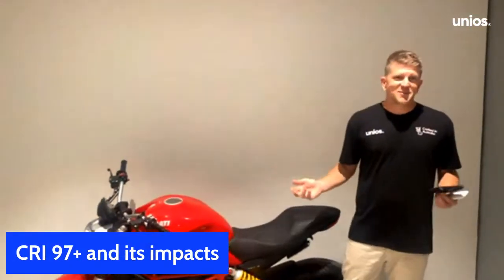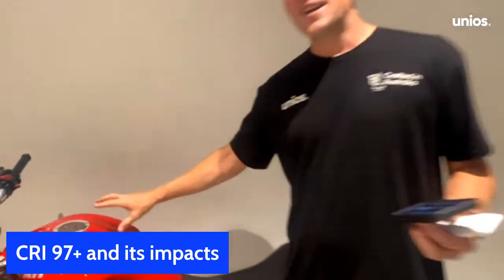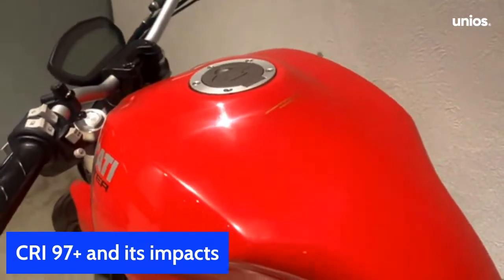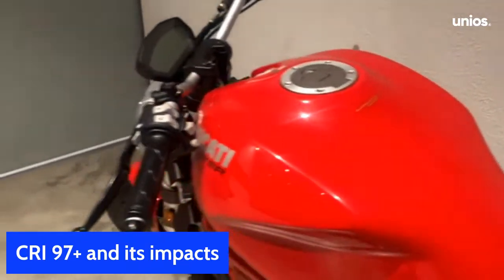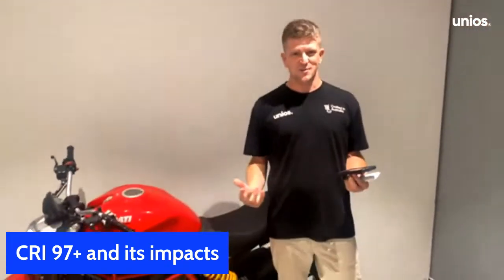Now I haven't changed the bike, obviously. I'm not that good at editing, and this is live anyway. So we've got a real vibrant red now. Now this is under a really high CRI. I know it's not a fair comparison because I did suck all the light out of the space, but